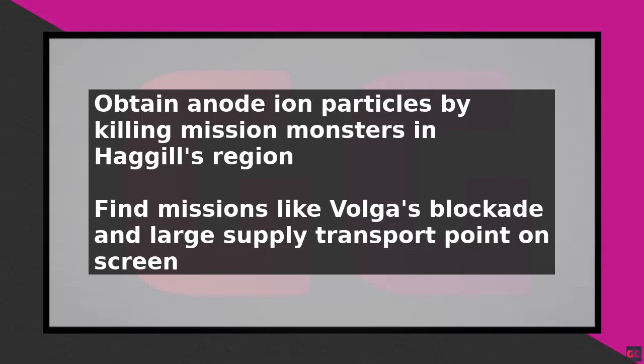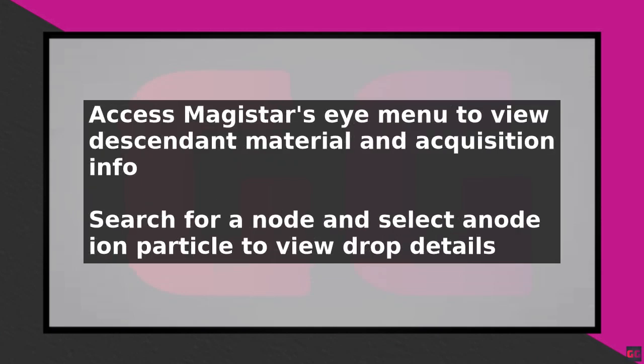To obtain anode ion particles in The First Descendant, you can acquire them by killing mission monsters in Hagil's region. The missions where these monsters can be found are displayed on the screen, including Volga's Blockade, Beep Digger, Large Supply Transport Point, and others. To find these missions, go to Magister's Eye, open the menu, access Magister's Eye, and click